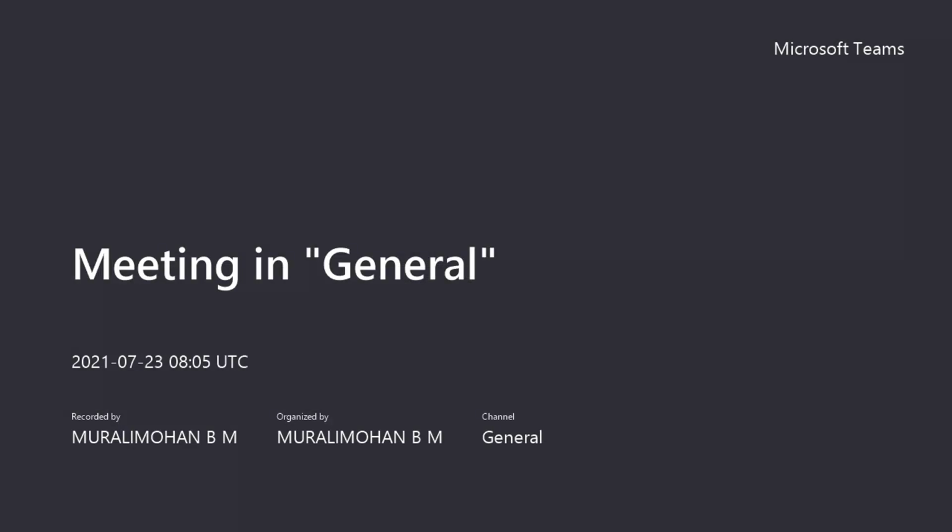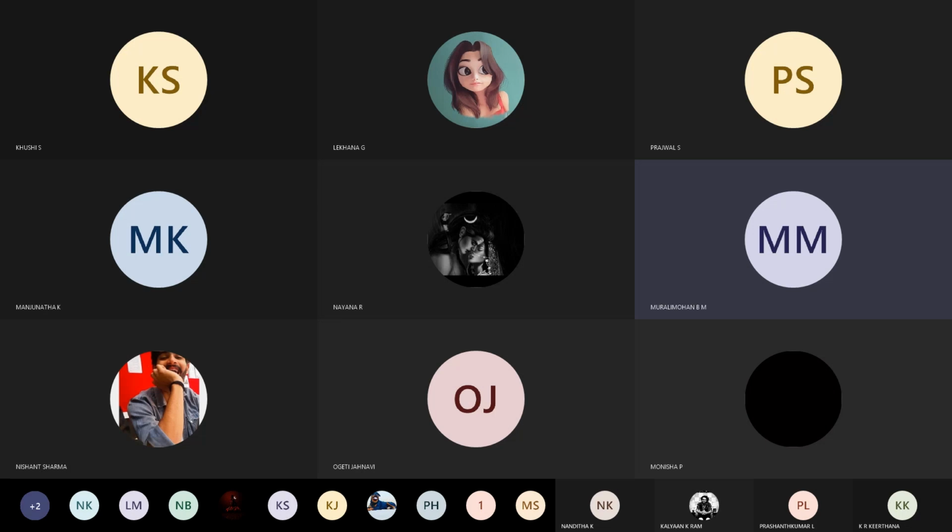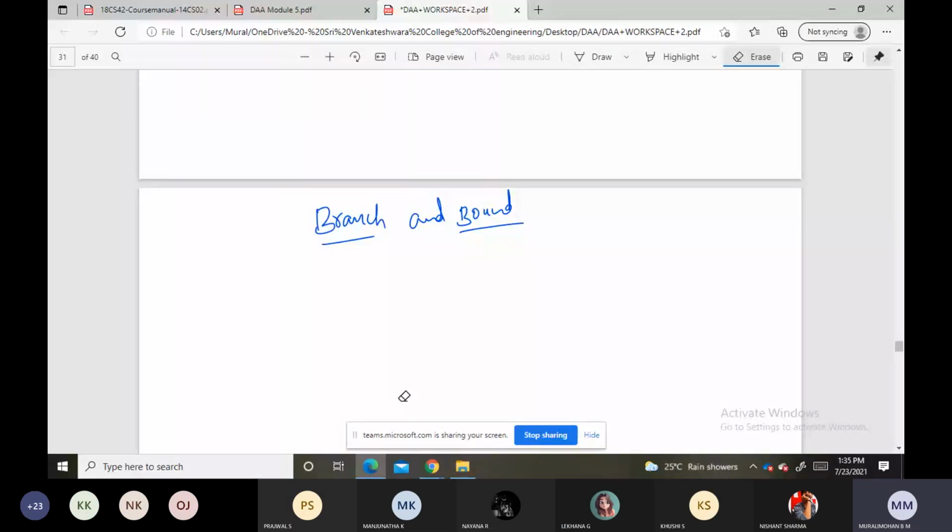branch of a state space tree if we find that that particular node is a non-promising node, right? I hope you remember. So in a state space tree, we will try to cut the particular branch. If that node is a non-promising node, we will backtrack and go with the next solution branch, right? The same concept we will strengthen here just by adding the bound, that is the lower bound. Just by adding the bound value, we will strengthen that concept.